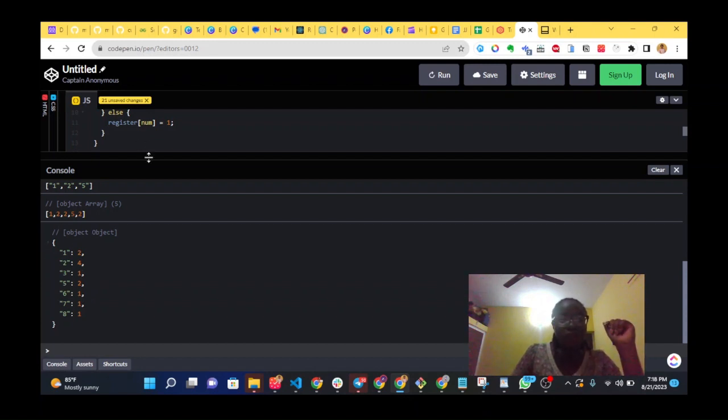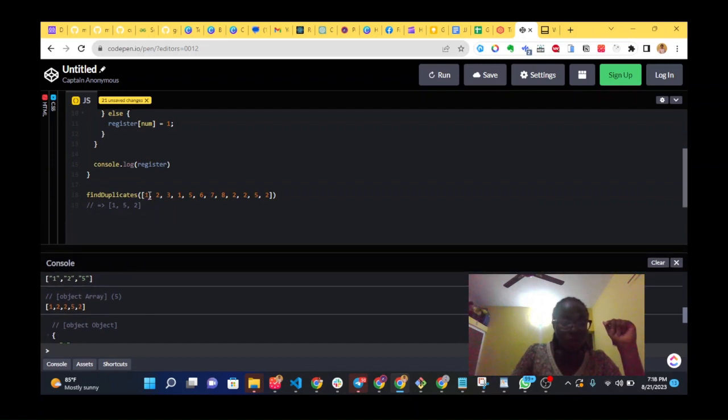And from our array here, 1, 2, in this first occurrence, we are not going to push in anything. We're not putting any number. They're not seen as duplicates, so they remain the way they are outside our result array. We meet the first duplicate, which is 1. It has already found 1 before, and if it already exists, we push in 1. We go to 5, that's our first occurrence. 6, our first occurrence. 7, our first occurrence. 8, our first occurrence. 2 already exists in our register object, so it has occurred before, so